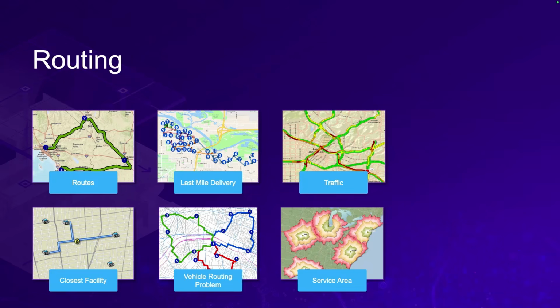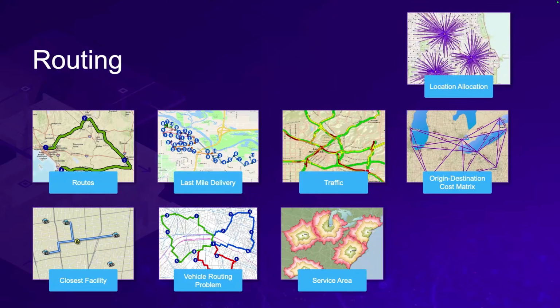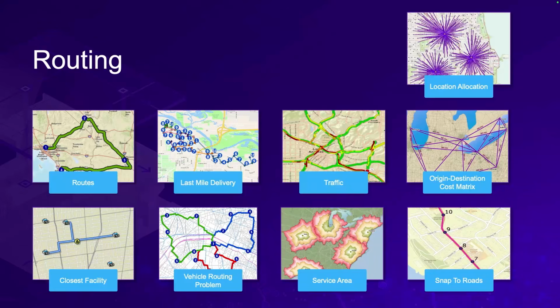So for example, a utility company defining coverage zones for emergency repair crews out in the field. Support multimodal routing for diverse transportation networks, and you could snap GPS coordinates to the underlying road network to provide a more reliable representation of the actual route that was taken. So whether you're managing package delivery, fleet management, emergency response teams, field workforce, or you're just getting your user from point A to point B, routing empowers you to employ sophisticated routing algorithms, help manage your costs, improve customer satisfaction,